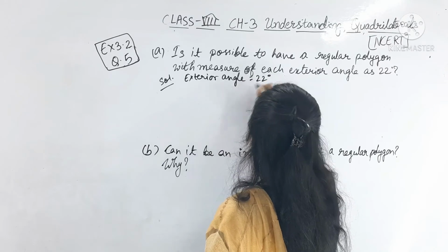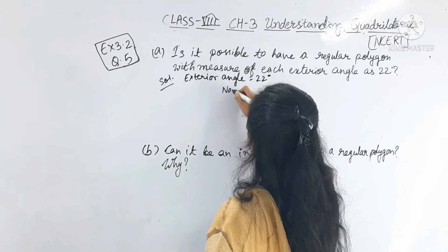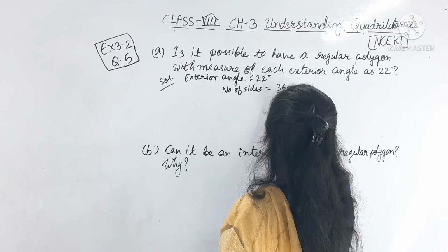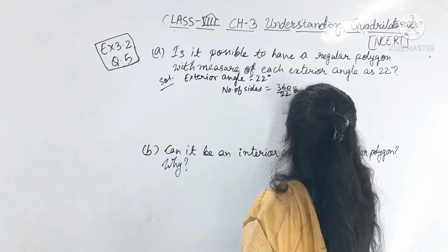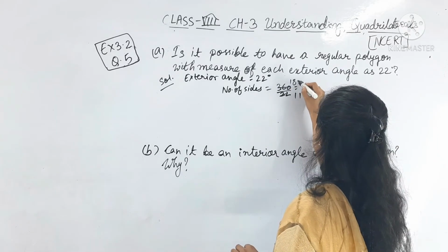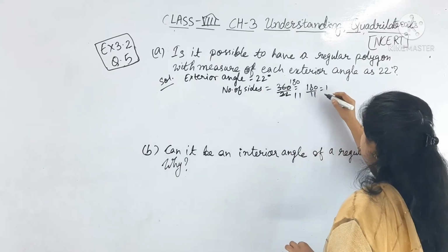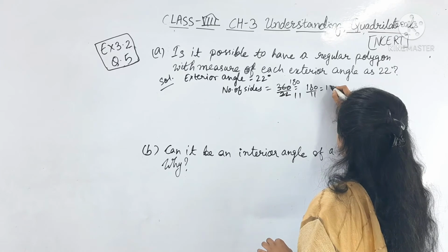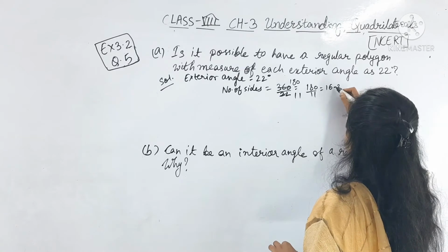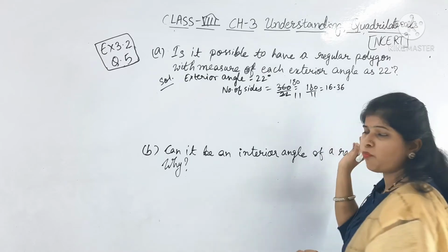Equal to 22 degrees. So we have to find the number of sides, which is equal to 360 divided by 22. Here 2 11s are 22, 2 1s are 2, 1 16, 2 8s are 16, 2 zeros are... Means 180 divided by 11. So 11 ones are 11, 70. So 11 6s are 66, 40, 11 3s are 33, then 7. So I am getting like this, 16.36.